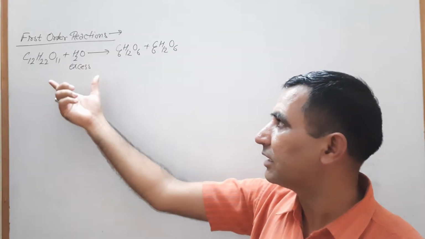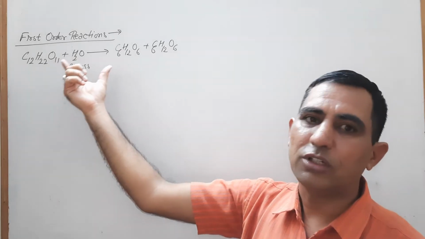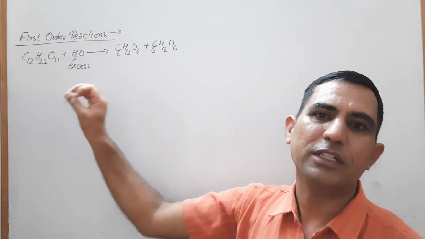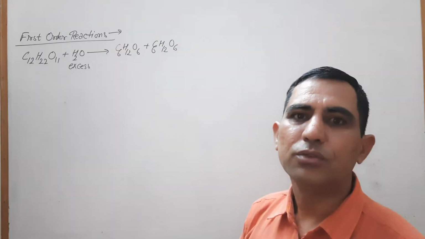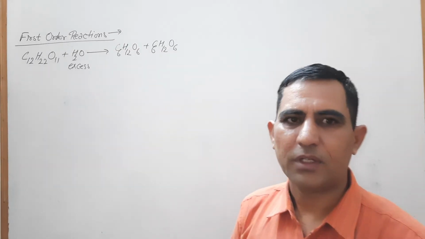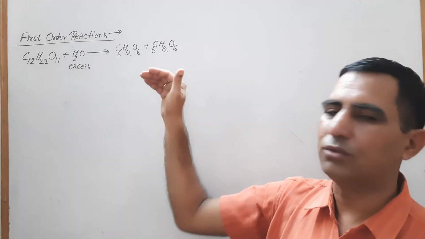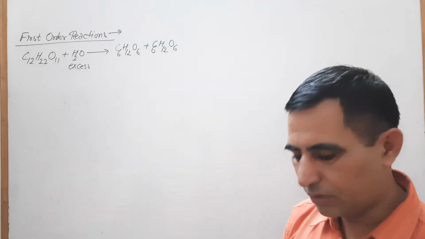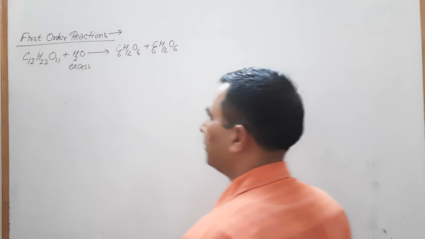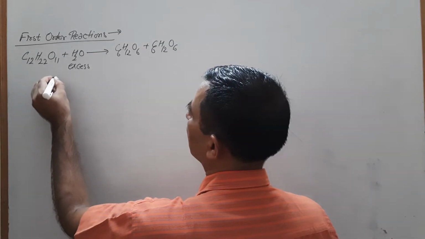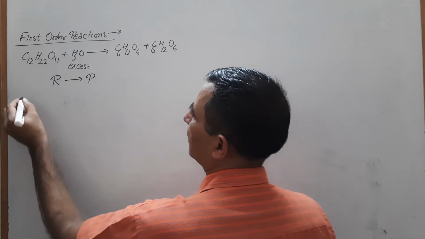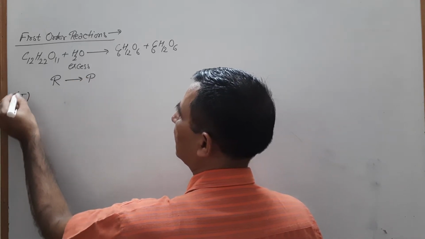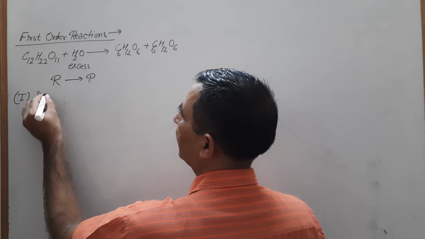Look at this equation again. This equation has molecularity 2, but the order of reaction is only 1. So this is also known as a pseudo first order reaction. For this one, we find different relations. Let's consider your reactant is converting into product. Our first technique is to find the differential rate equation.